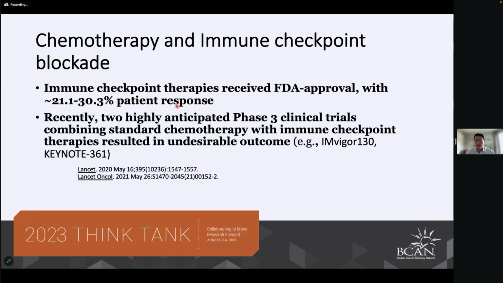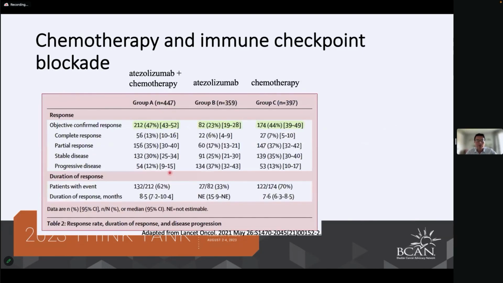So in the bladder cancer field, we investigated has been trying to combine immune checkpoint blockade therapy with chemotherapy to enhance the patient response. Hopefully that 1 + 1 = 2. However, 2 major phase 3 clinical trials combining chemotherapy with immune checkpoint blockade therapy did not result in very desirable clinical